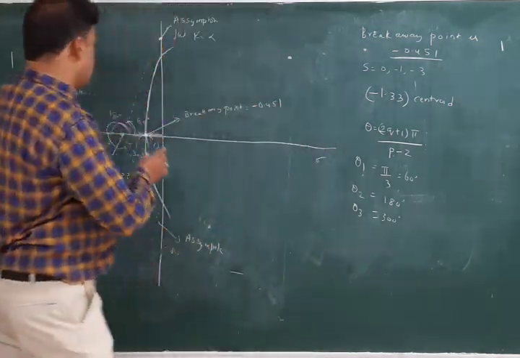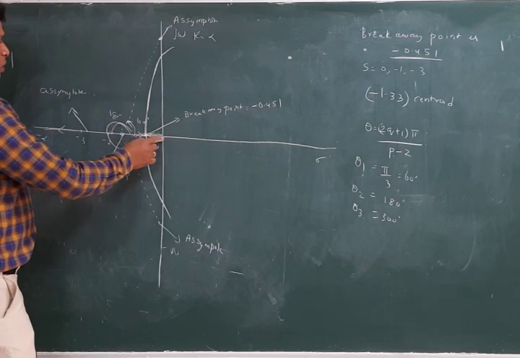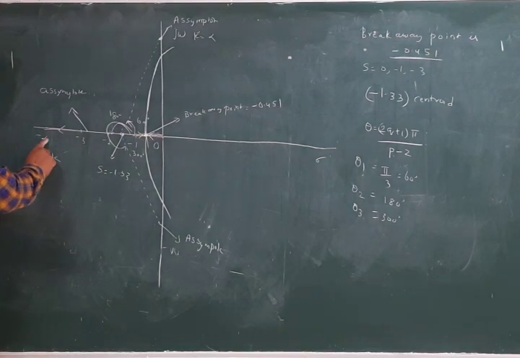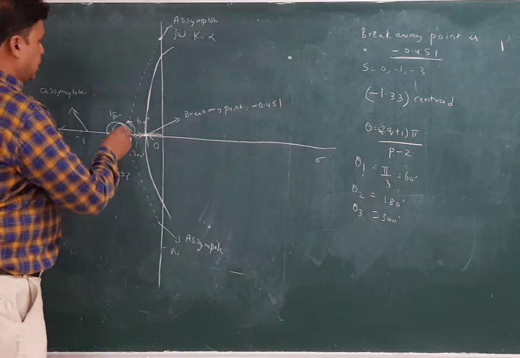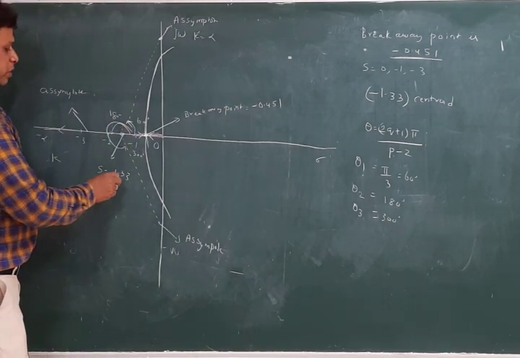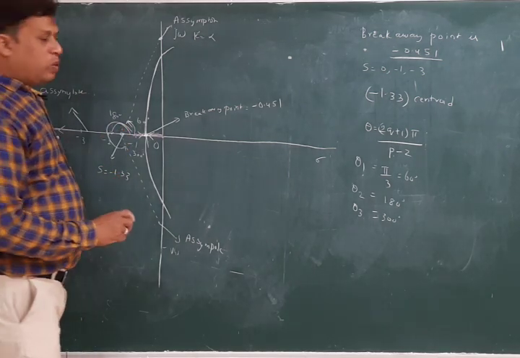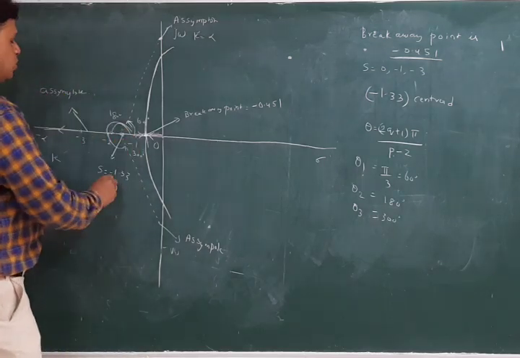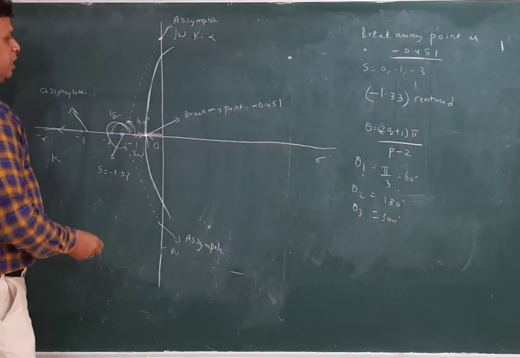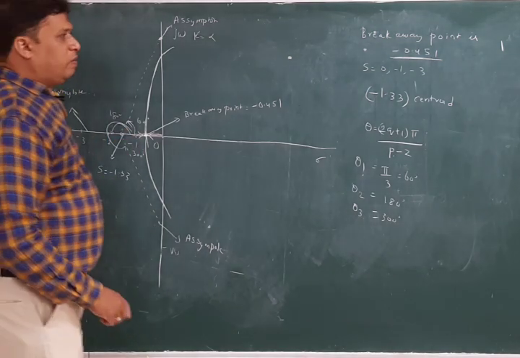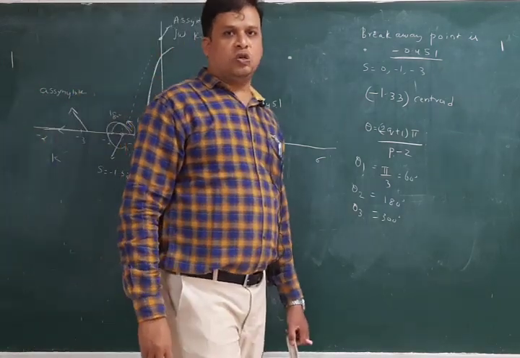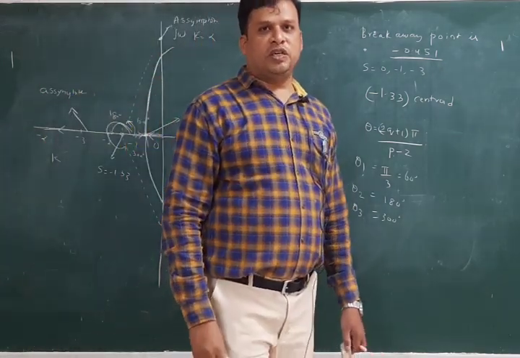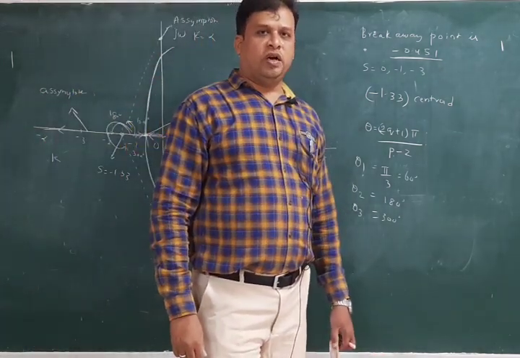First the root locus was drawn here, that is 0 to -1, and then we are drawing the root locus -3 to -infinity, and then you have to plot the centroid. Centroid s is equal to -1.33. As we got the value, we are plotting it here, s is equal to -1.33. And next, what is the breakaway point? The breakaway point was found out by dk/ds equal to 0, that is G(s)H(s) equal to 1, and we have got the value.